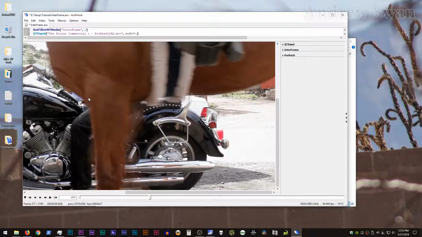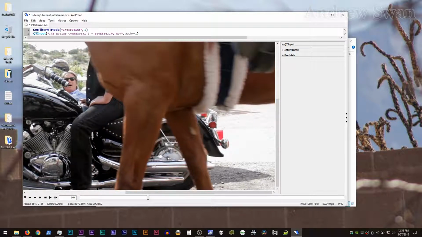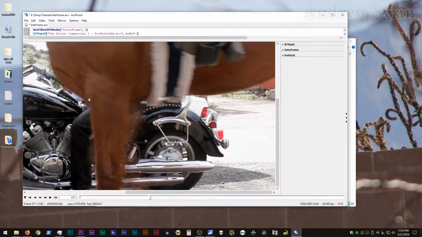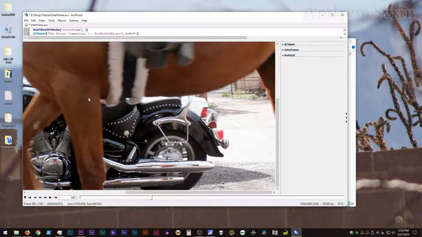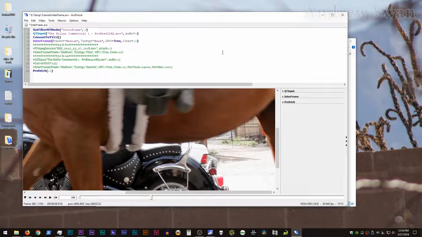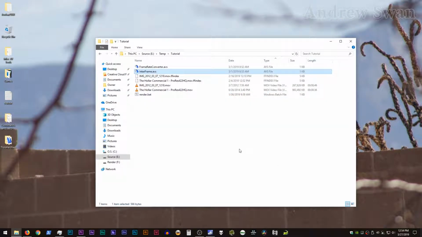It's interesting, and it's kind of a debate as to which one you would really want to use. And for that, in a moment, I'm actually going to go in and take a look at some renders that I've done with these various plugins, just to kind of show you what that looks like. So anyway, those are the major options that you need to pay attention to with Interframe. There's something else that is going to come into play for both Interframe and frame rate converter in a sec, but first,